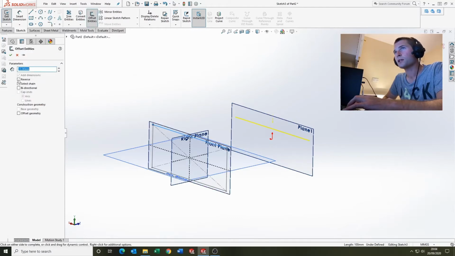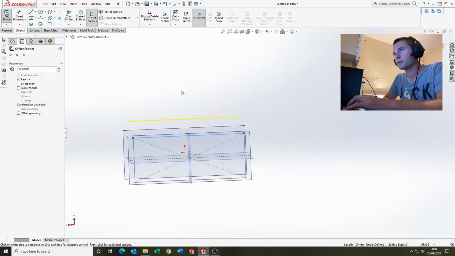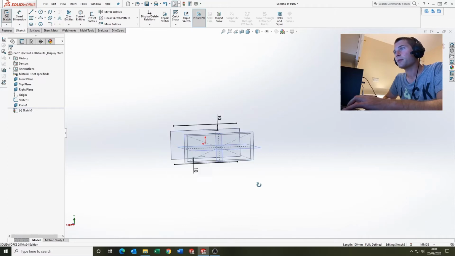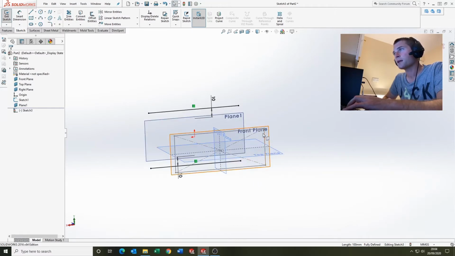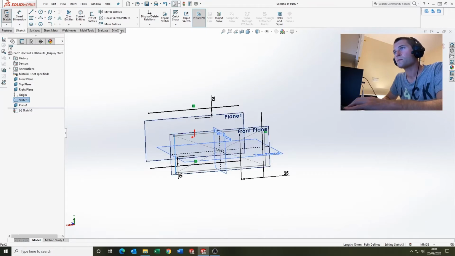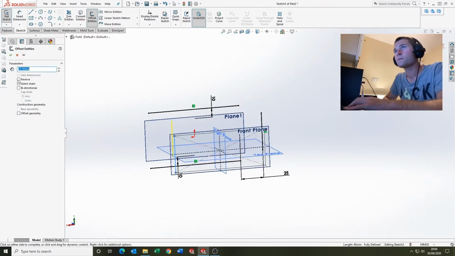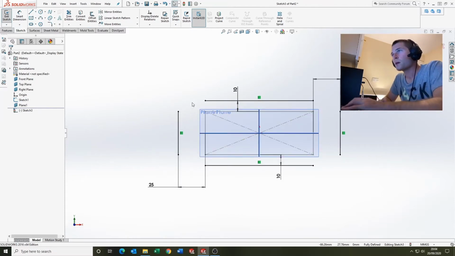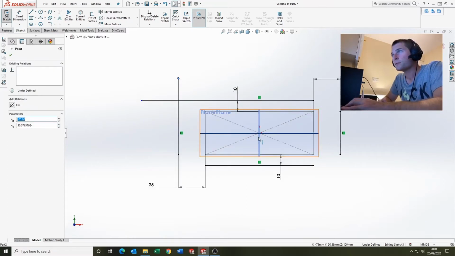We are going to offset that one by 10mm and offset down the bottom by 10mm, and we'll offset these sides by 20mm, 25, and then if we just